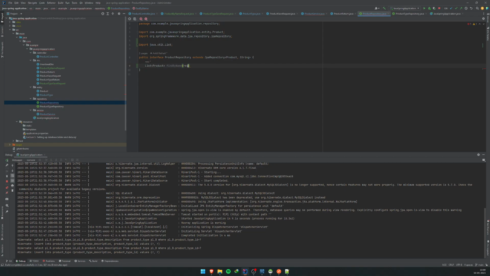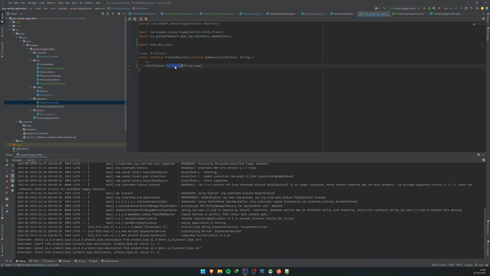So this will be a specific implementation. You don't need to specify what is happening over here, because what JPA will do is see